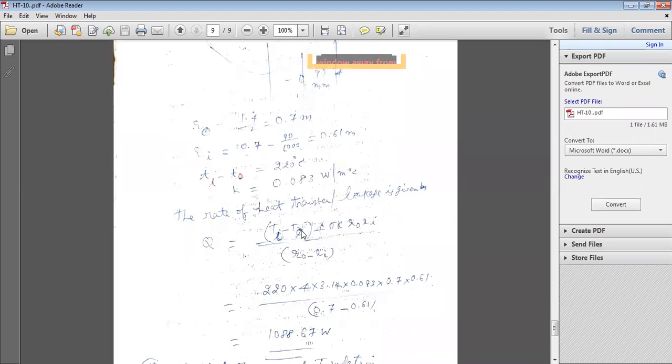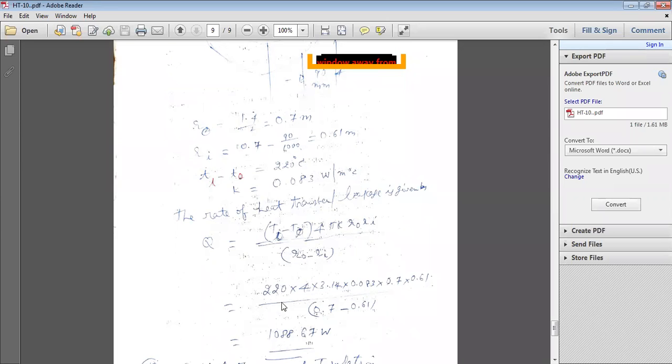So Ti minus To is given as 220 degrees centigrade. Since it is a temperature difference, you can directly take 220. If only one temperature is given, you have to convert it into Kelvin. That is very, very important. Everywhere a single temperature is required, if you want to substitute at a single temperature, it has to be converted into Kelvin. For a temperature difference, no problem. You can directly take the difference in centigrade or Kelvin, either one. But a single temperature you convert to Kelvin.